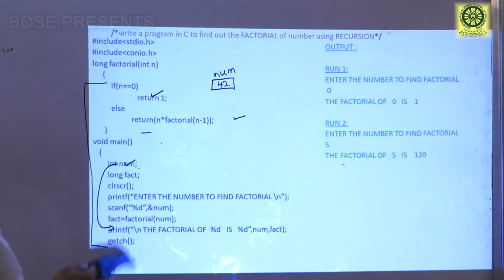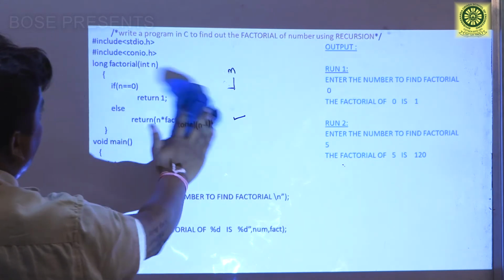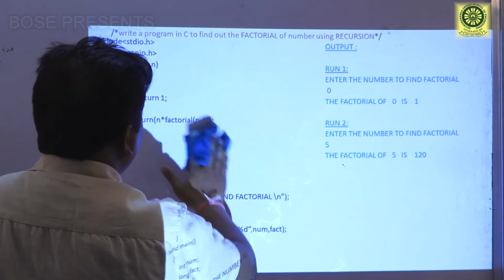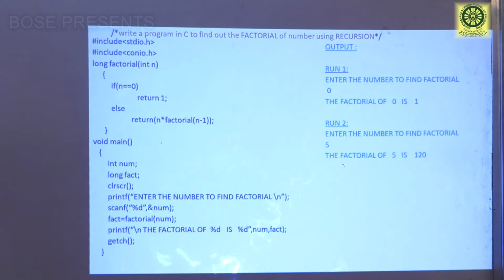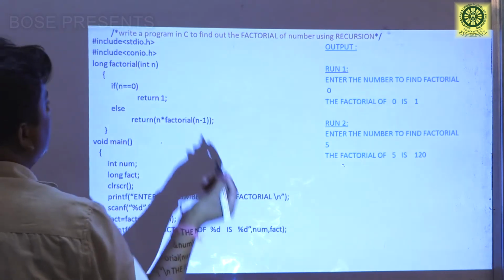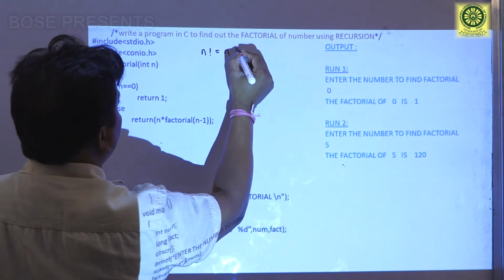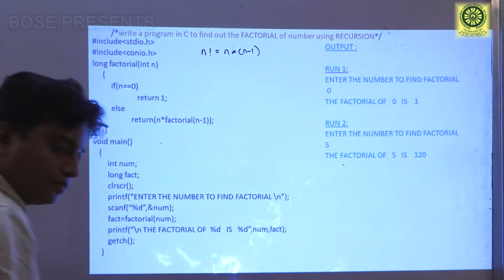Next, the next program is: write a C program to find out the factorial of a number using recursion. Before I start, the factorial of n means n factorial equal to n into n minus 1, and so on.